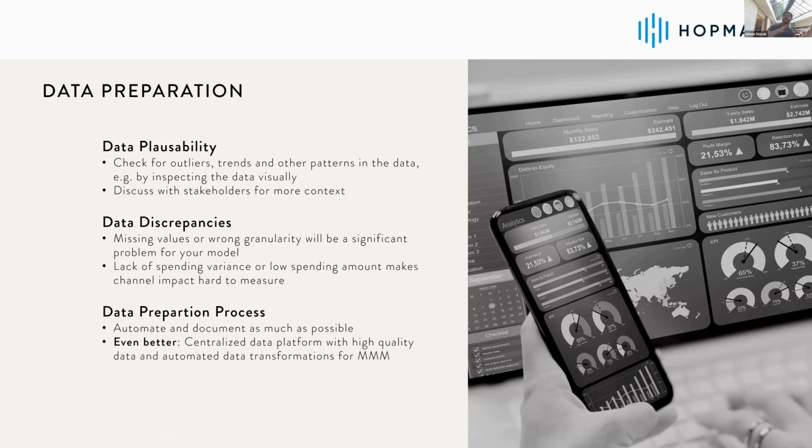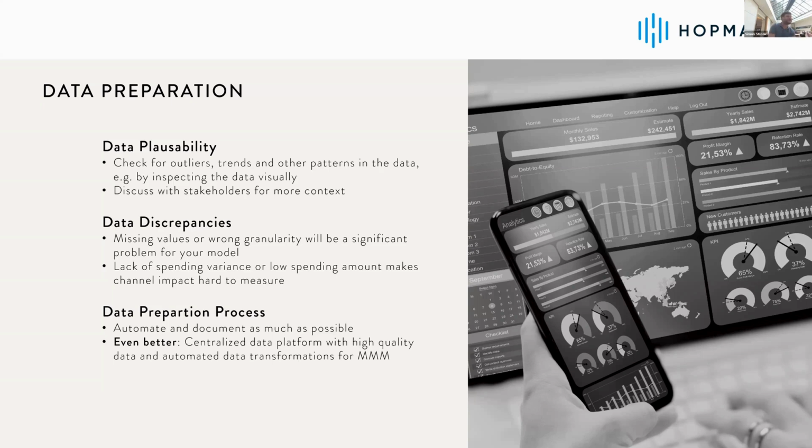For example, one client where we had data from MediaMarkt and Saturn. At the beginning, we had only the online spendings that they had, but not the actual offline spendings that they also did in the offline stores, because they just did not think of that. Of course, we get spendings for MediaMarkt, and at first glance we think that is okay, and it's hard for us to really check. Therefore, try to discuss it with your stakeholders, get into the details if the data is really complete and correct,